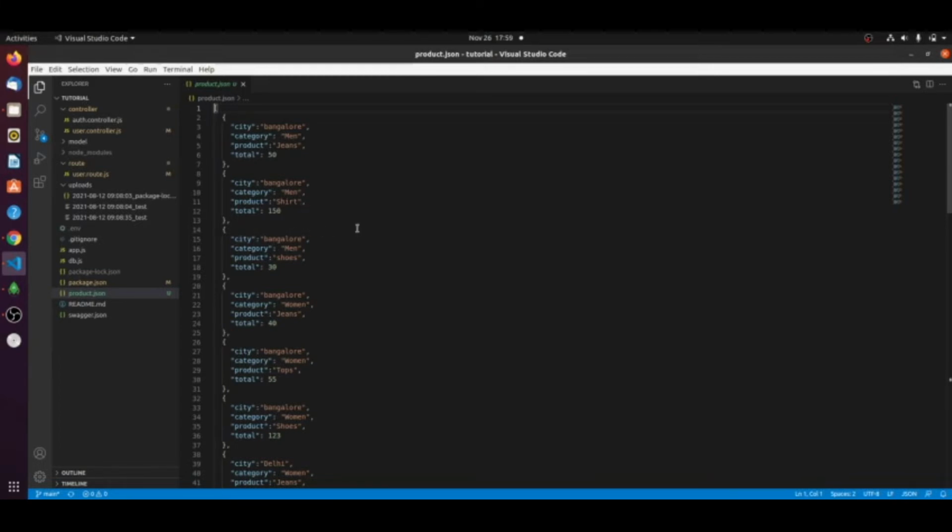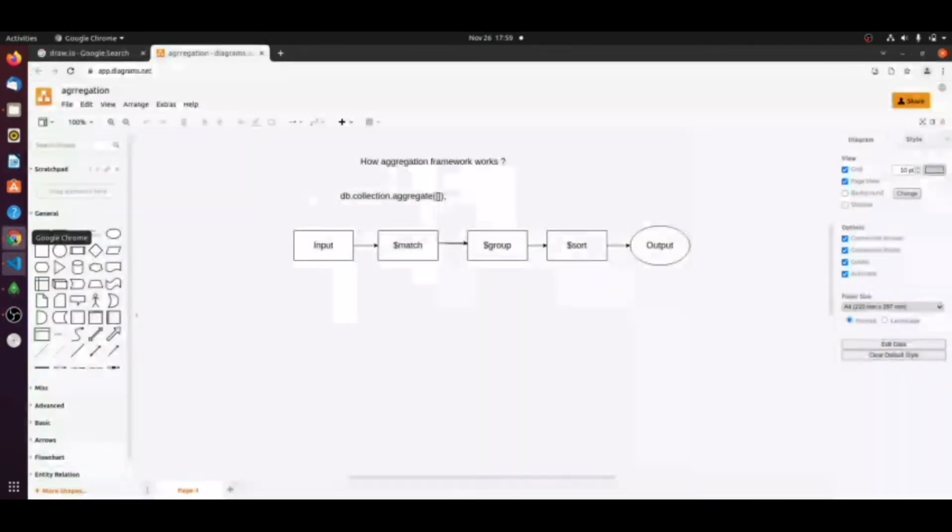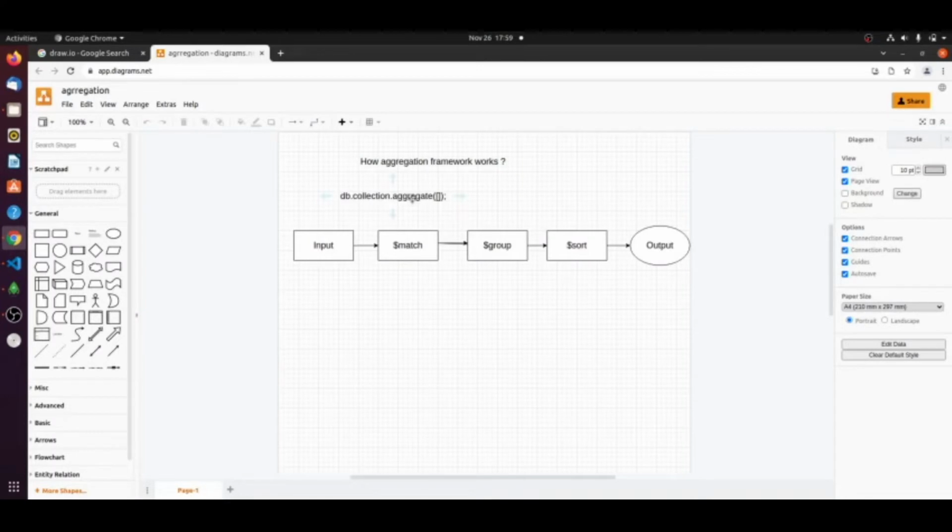So to overcome this kind of issue, let's say we have some embedded documents or some complex logic. In this case, MongoDB introduced this aggregate framework, which can easily perform the multiple stages, and finally gives back the computed output.